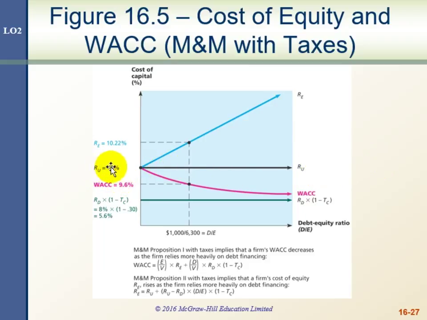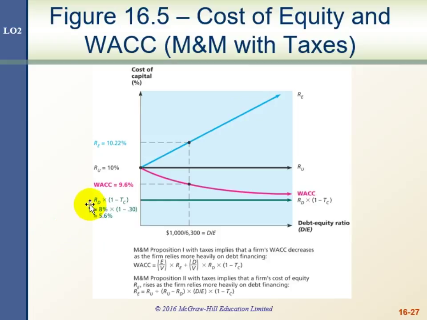Anyway, the return on the unlevered firm is 10%, and that stays the same. The return on equity is increasing in the amount of debt, so we have an increase in the debt equity ratio along the bottom here. If the debt equity ratio is 0, we're simply earning the rate of return on the unlevered firm, which is 10%, and it stays the same. The return on the equity for a levered firm, as we increase the debt-equity ratio, is essentially linear and increasing.